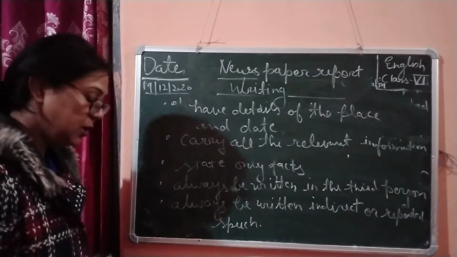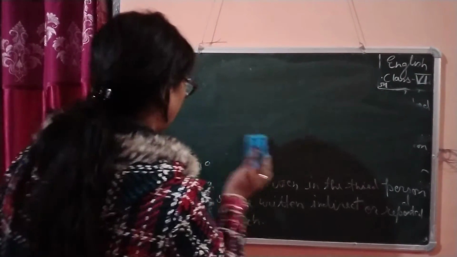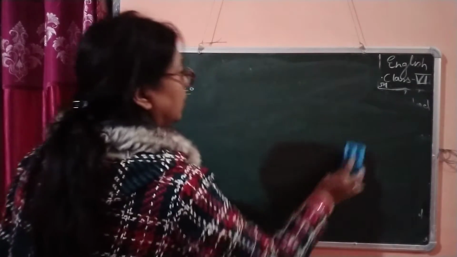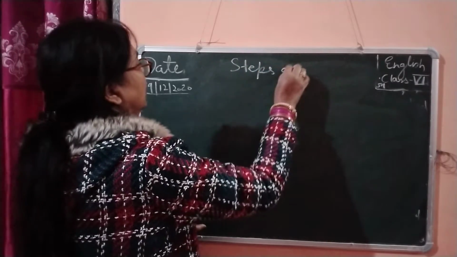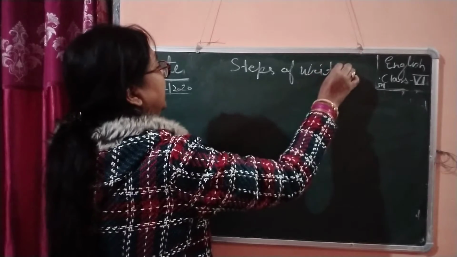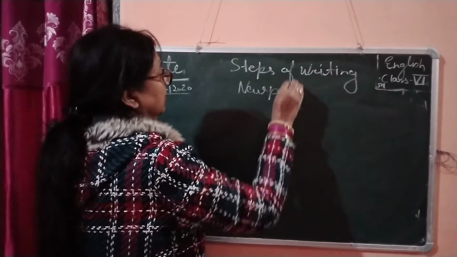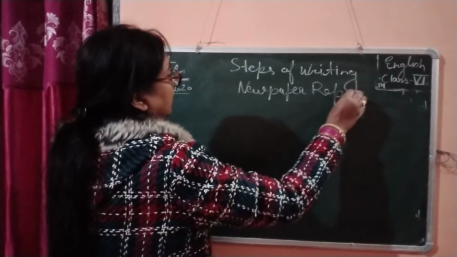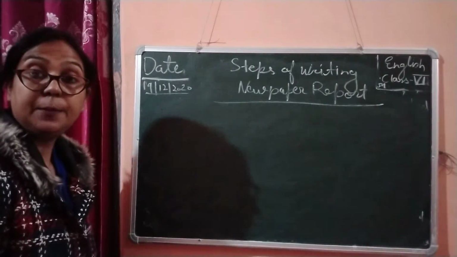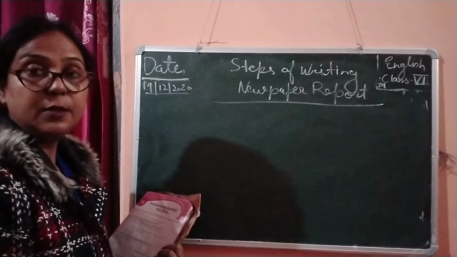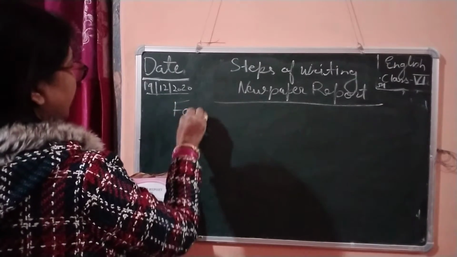So now we are moving to the steps we follow whenever we are writing a newspaper report. So, what are the steps? Steps of writing a newspaper report. This is very important, children, because without steps we cannot write the correct newspaper report. So first thing, you can say this is the format